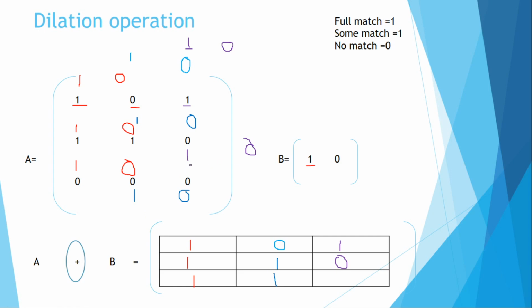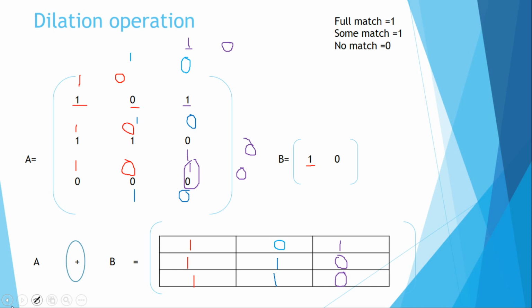And the last case, 1 0 0 1 is not matching. Only one value is comparison for us. So it's not matching, so the value goes for 0. So A dilation of B will be equal to the resultant 1 0 1 1 1 0 1 1 0. This is the resultant matrix of the dilated matrix, or a dilated image, with respect to the structuring element of